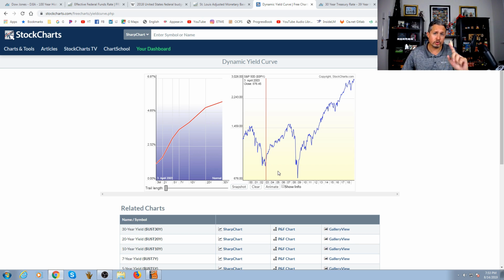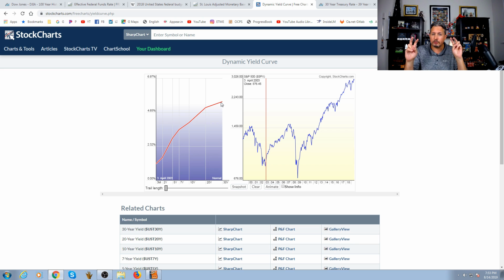So what you should see on the yield curve, when you look here on the left, is the shortest term loans. If you buy a treasury bond that's only for 3 months, you get the lowest interest rate, and you come all the way to the top where for 30 years you're making almost 5% on the actual money you're loaning to the government. That's the way it should work, right? The longer you loan them money, the more money you're going to get.